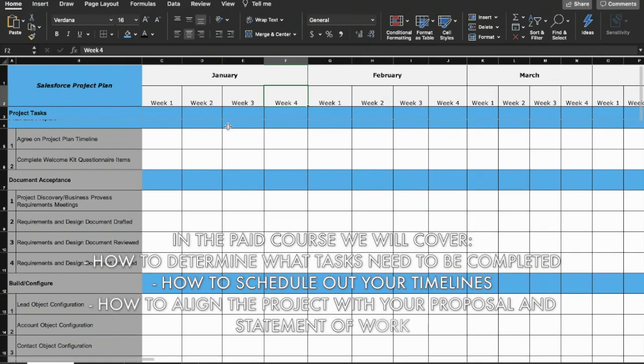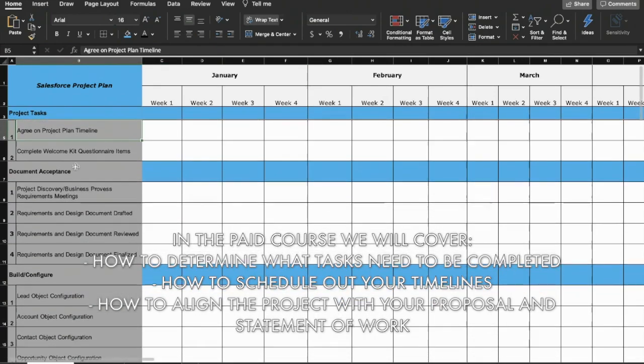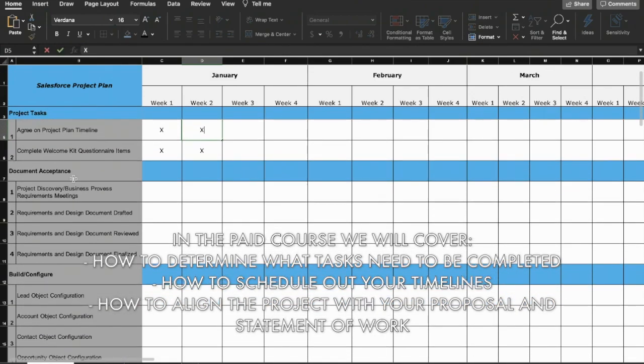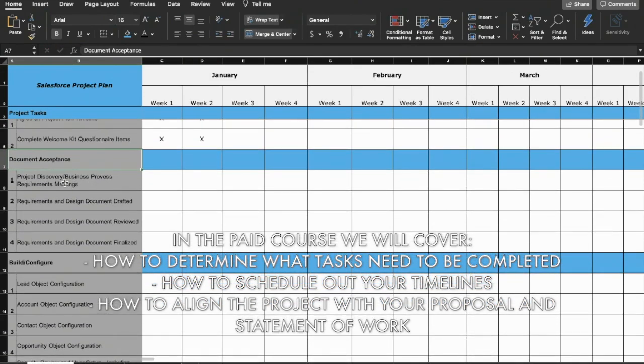Now, all you need to do is come through. So let's say the first item here in the plan and prepare section is to agree on a project plan timeline. What I typically do is I'll just put an X under the time it's supposed to be completed. So we might be agreeing on a project plan and completing the questionnaire across the first 2 weeks of the project. And then moving into document acceptance, we'll be building our